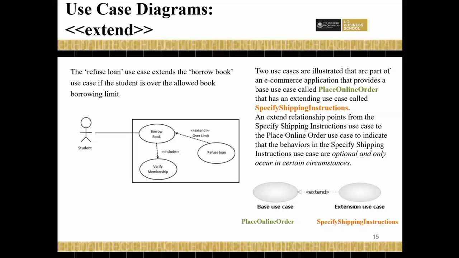So one is a must. You must verify the membership in the library, and the other one may apply to this particular user or may not be relevant. So different types of relationships. So we'll write the condition with the association, right? The decision criteria, yes. It's not a condition like the over limit in this case, so that will be written with the association. Yes, correct. But you don't have to, because in some cases there is not a clear condition. You'll see it with the exercises,